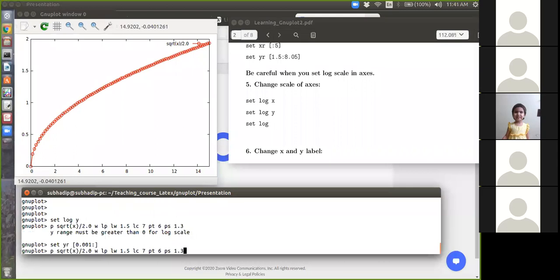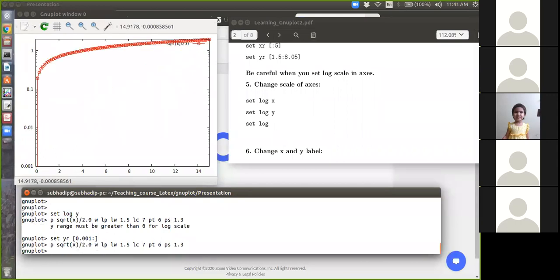Then I will replot it because I already have set log Y. You can see the Y axis is in log scale. Similarly, you can set log X also.